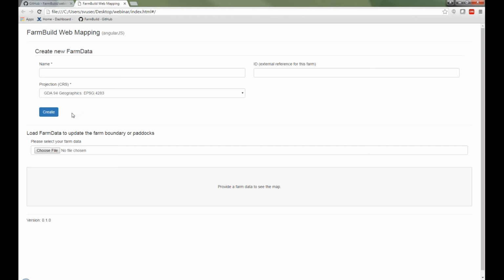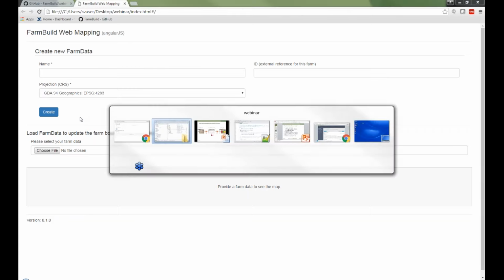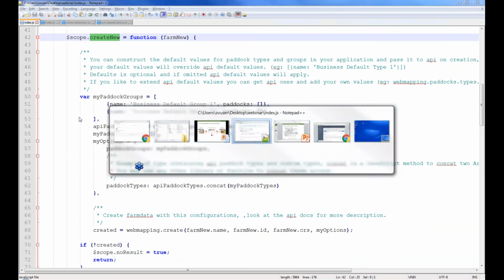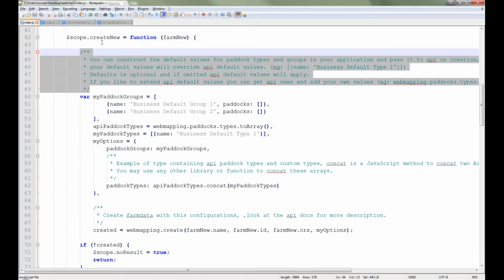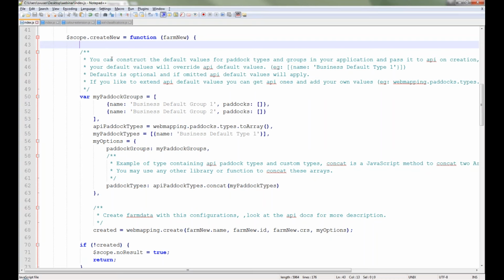Just to have a quick look at the code behind this page, the JavaScript code, I'll show it quickly in my text editor. So this is the function actually responsible for creating the farm data from scratch. And you can see that there are many lines of comments provided here for you guys. We have tried to provide as much comment as we can so you can understand the code and what's happening around calling different functions. So what's important here, this is the actual API call that is happening to create the farm